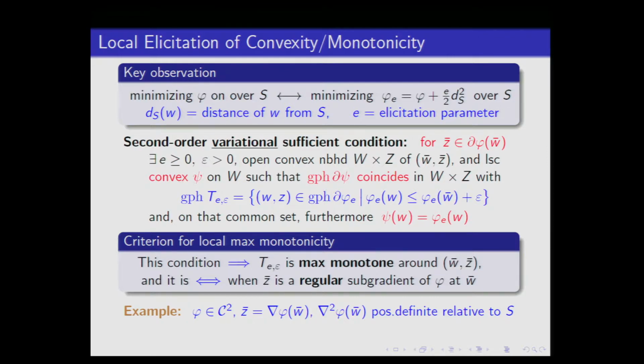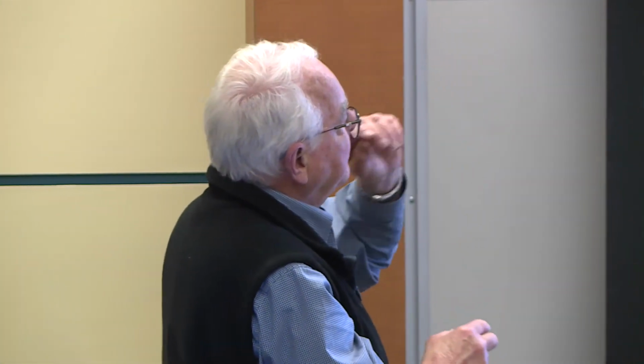Because according to this, finding a subgradient of this phi sub e is going to be the same as finding a subgradient of this phi sub e on S. It won't make any difference on the subspace. But on the other end, it's going to coincide with this graph of the convex function. So I'm going to have the first order condition satisfied for a convex function that's down below. So the convex function will have a minimum there, but the function values agree. And so this is a sufficient condition for the original thing. I'll give you an example in a minute.